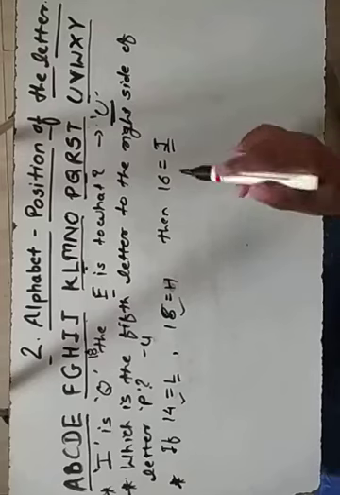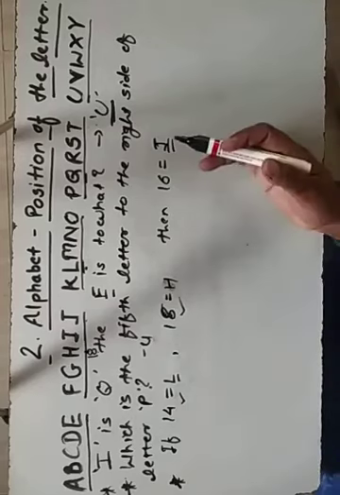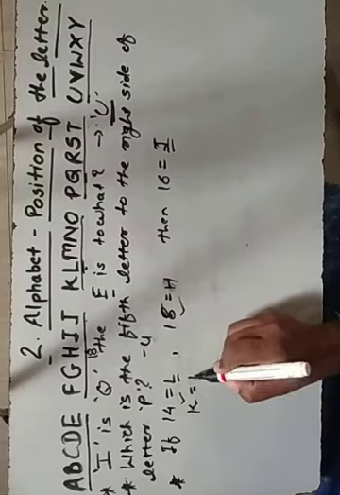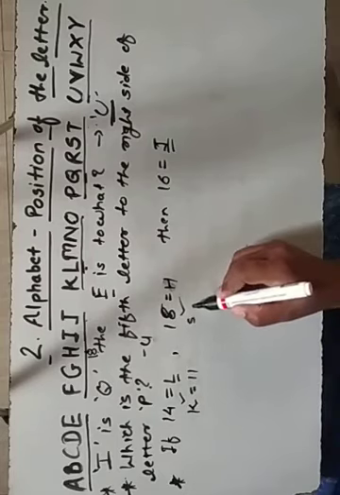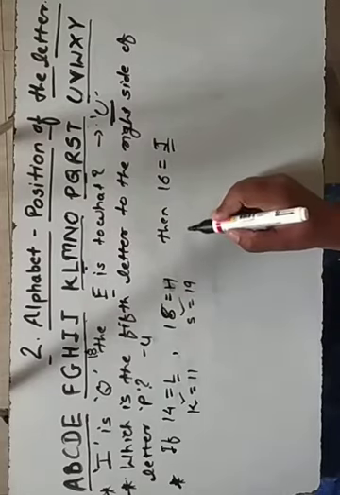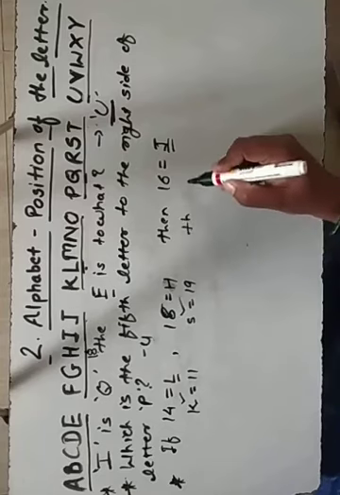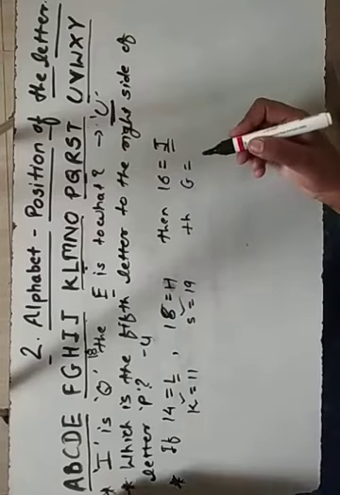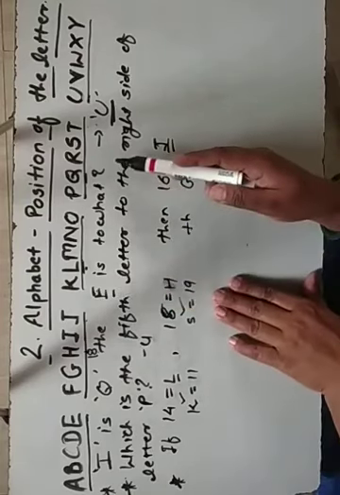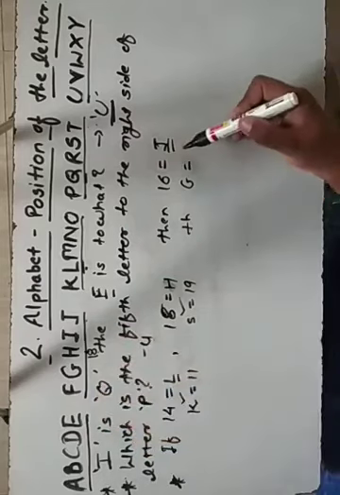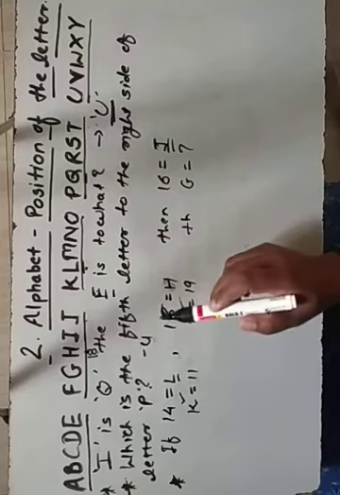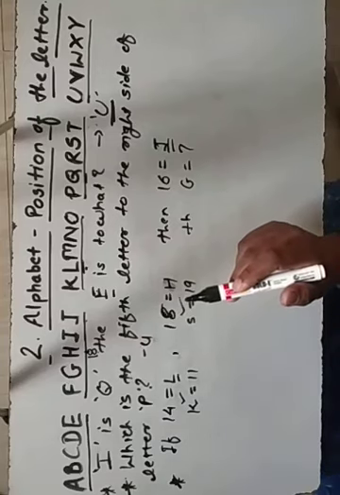They may ask how it is taken from the right side. The same thing they can take from the left side also. Suppose K is equal to 11, S is equal to 19, and they ask what G is equal to. K's position is 11 from the left, S is at 19 from the left, so G's position is 7 from the left. These types of questions will come in your exam, and if you make groups, it will be easy for better understanding.